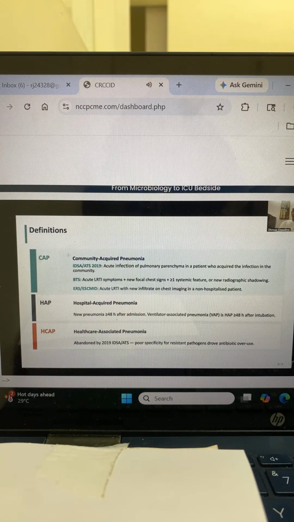We all talk in terms of different types of pneumonias. Pneumonia, basically, we take as an infection of the lower respiratory tract, in particular the alveoli, but different names have been given. And we are talking here in terms of community-acquired pneumonia. Now, the IDSA ATS definition of 2009 becomes the benchmark today,